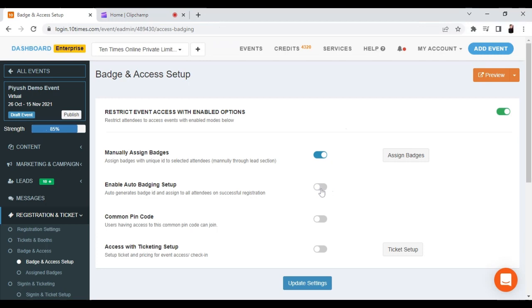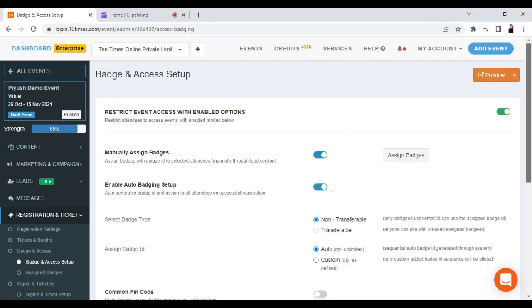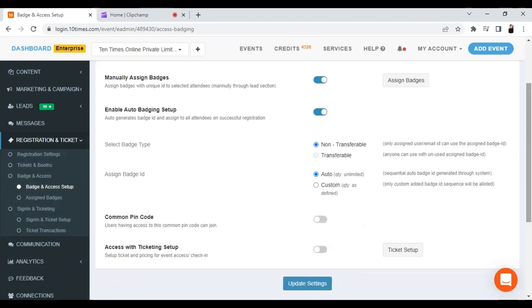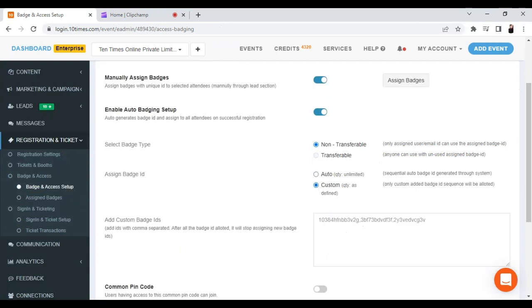With this auto badging, you would be able to set up automatic badge assigning. It can be transferable or non-transferable. Non-transferable: only the assigned user email ID can use the assigned badge ID. Transferable: anyone can use the unused assigned badge ID. Auto: a sequential auto badge ID generated through the system, whereas in custom, you can write the series down according to yourself